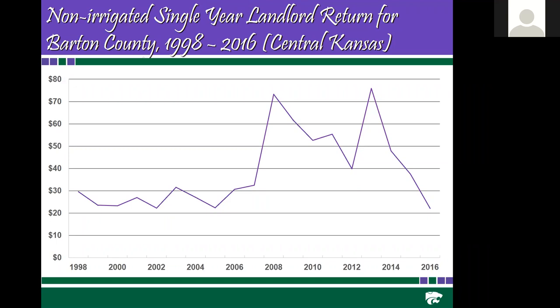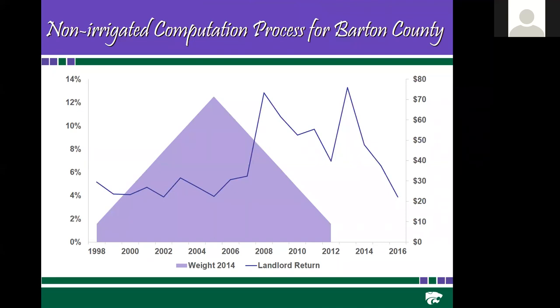73.23 that occurred in 2008, or actually the maximum was 75.88 that occurred in 2013. And the minimum was 22.10 that occurred in 2016. And so using these individual years, and I do have more than 15 years here simply because I want to illustrate this, but essentially if we begin to look at this, the weight when we calculate the 2014 values, you can end up seeing that purple triangle that is over there.